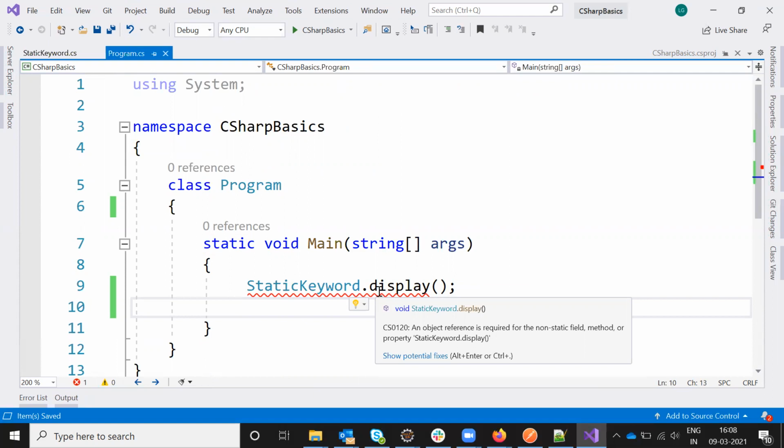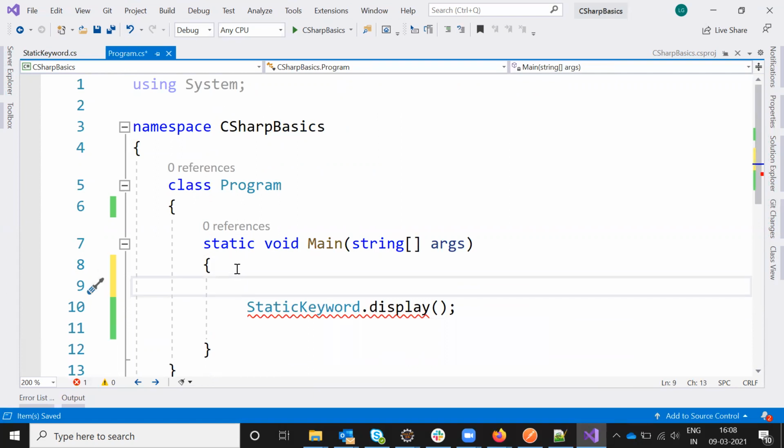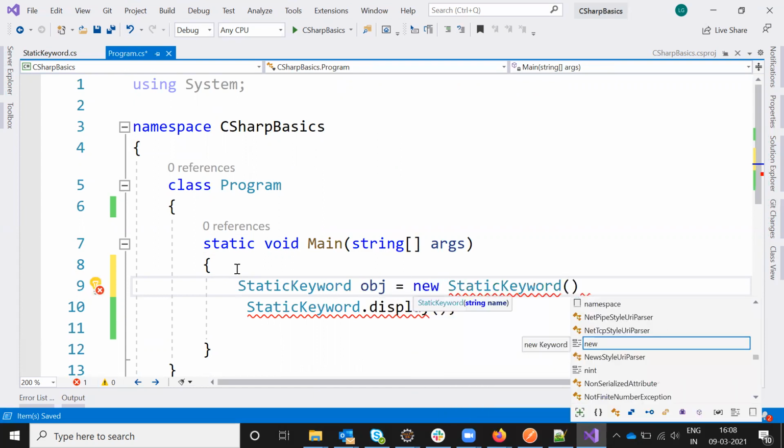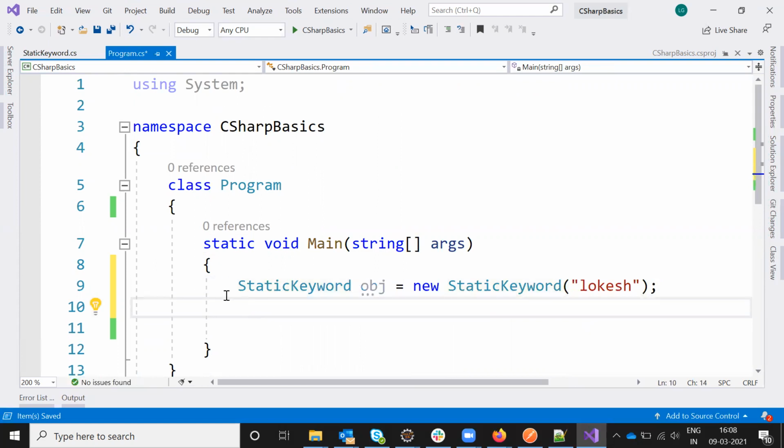Okay, now non-static methods are also present, right? I need to create an object for the non-static method, and the name is Lokesh, and obj dot Display.